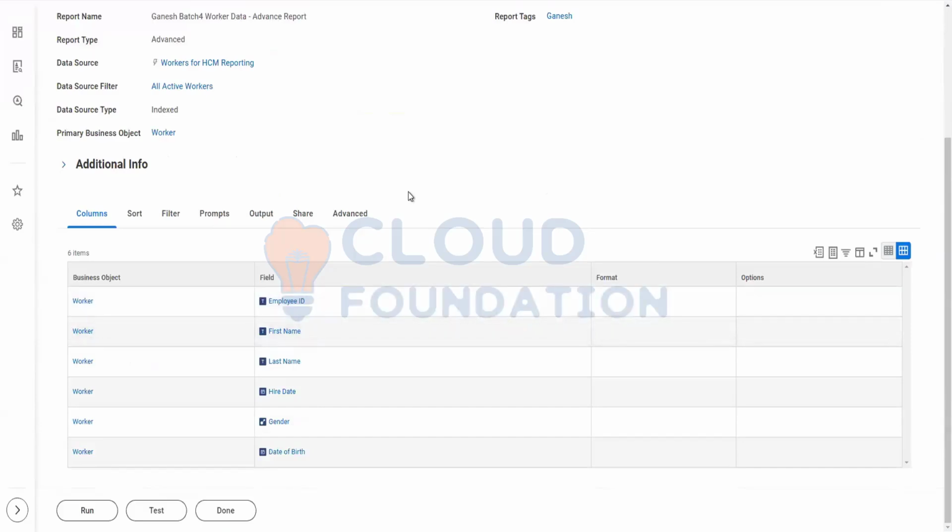Ideally, when you work in a real-time project environment, you should not be seeing multiple fields with the same name. That will be confusing. And there is another way of identifying whether a field is Workday delivered or someone has created it. It's simply when I go in edit mode again, then you will see,